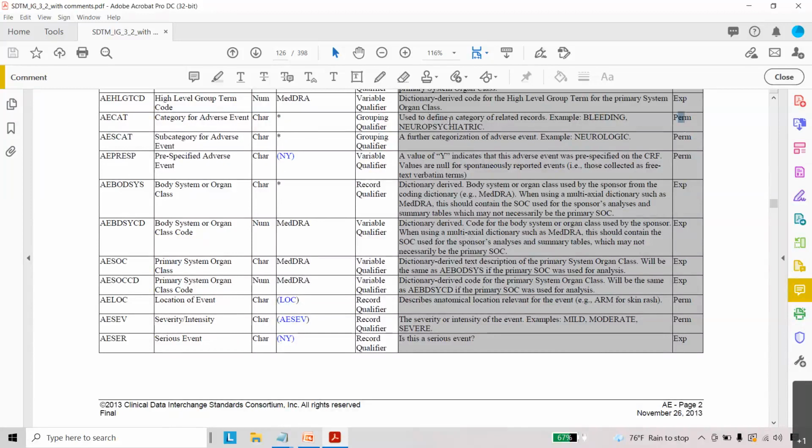The values we can see for a particular adverse event are neuropsychiatric or bleeding. And this is a category for adverse event, and it is text selected based on the category of adverse event. Again, the subcategory divides that category further, and it is neurological.